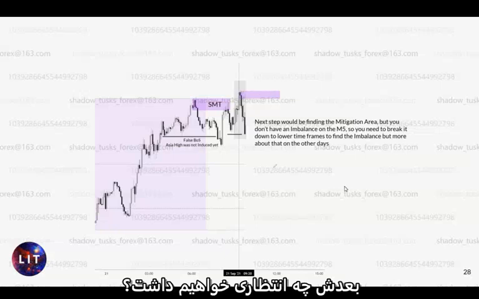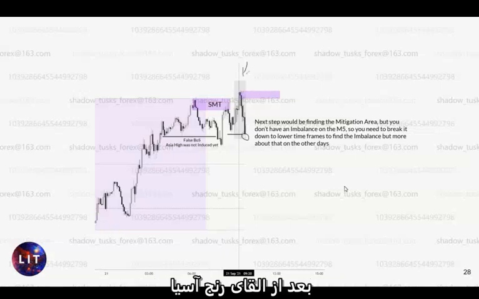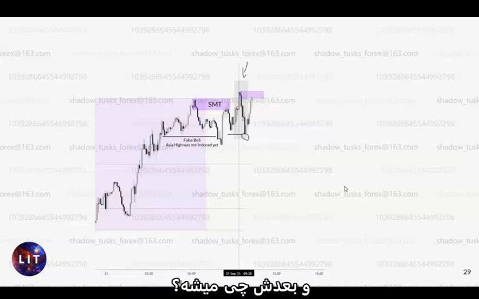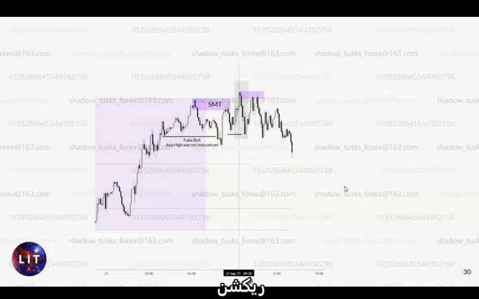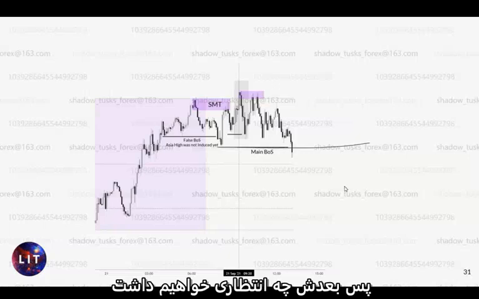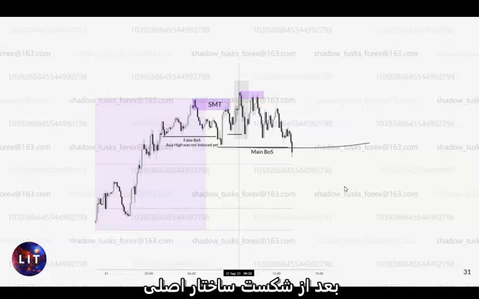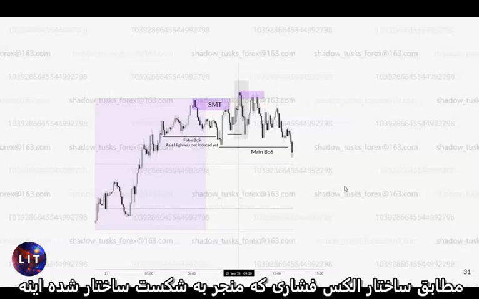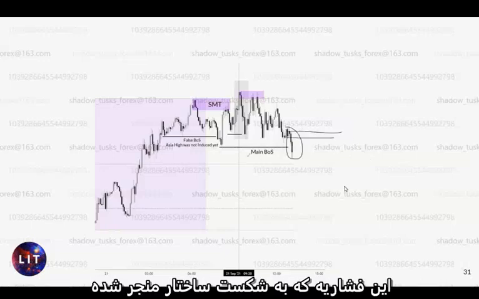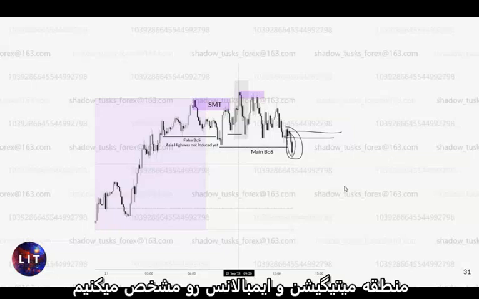Guess what we expect after that? After the internal break of structure, after the inducement of timing of Asia range, of course, a mitigation. So what should come next? A reaction. Now we're getting a main break of structure. So what do we expect next? After main break of structure, how Alex teaches them, the push that led to the break of structure is this one. This one has also an imbalance. This is the push that led to the break of structure. So, of course, like this, you mark out again the mitigation area with the imbalances,